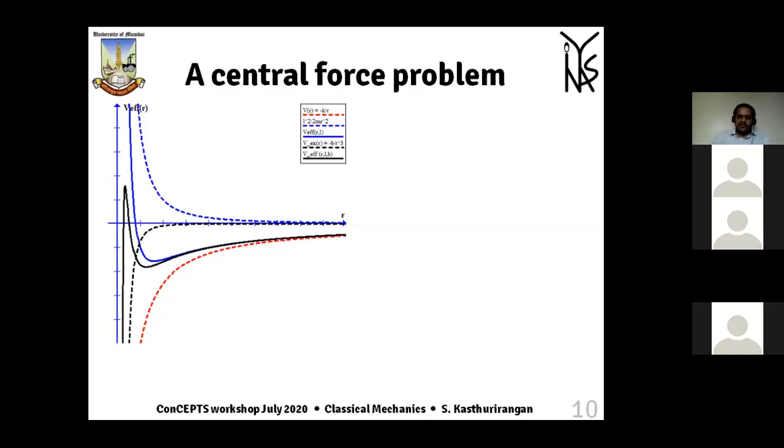But if it is minus 1 by r cube, then it makes the potential energy curve of this particular form, which means that if you manage to go to a very, very small distance, then basically you are bounded to be within that particular region and you can never approach outside unless your kinetic energy is increased beyond a certain limit. So the 1 by r cube term creates 3 different regimes of the possible existence of the particle. If you specify the kinetic energy of the particle to be a certain value, then it doesn't mean that it will always be in a bounded orbit between 2 different values of r. Another possible solution opens up.